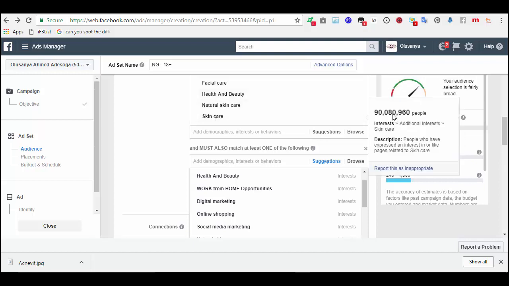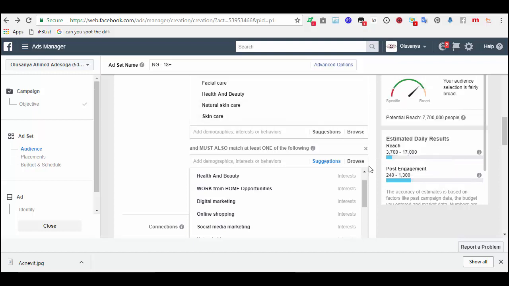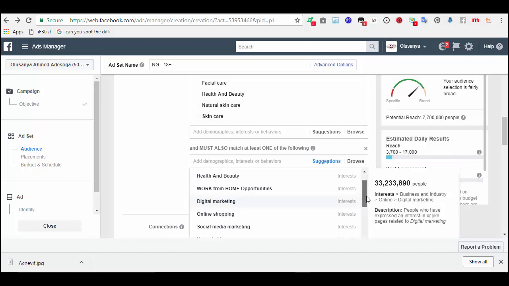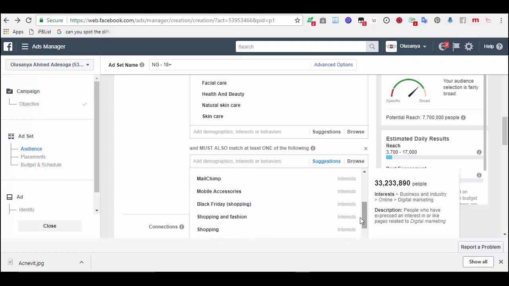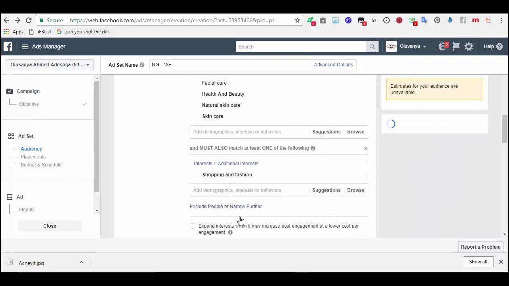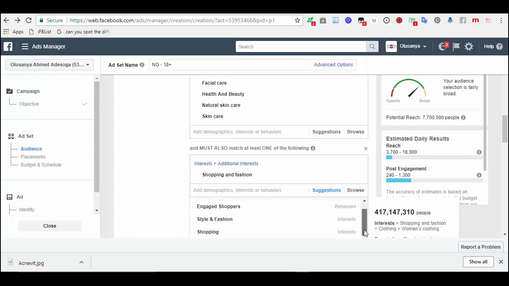That was why it reduces. It means this niche, natural skincare, carries a heavy weight. So I can just ignore shopping and fashion, because it's not there. Can you see it didn't change, because there is nothing relating to health and fashion.